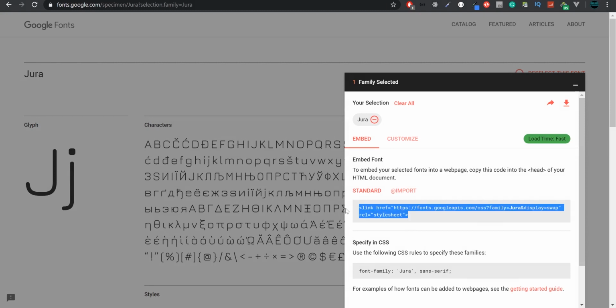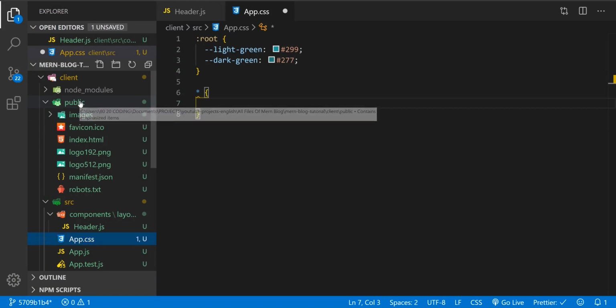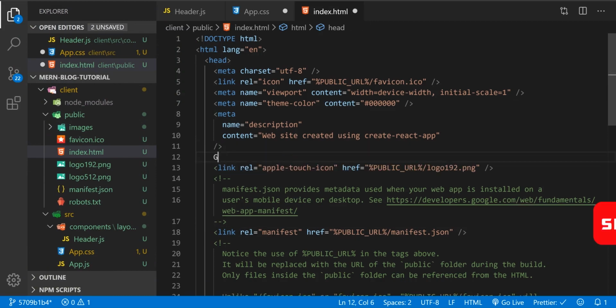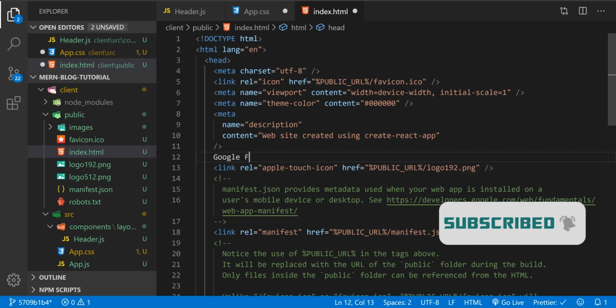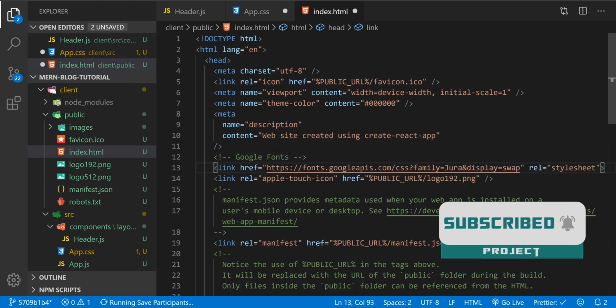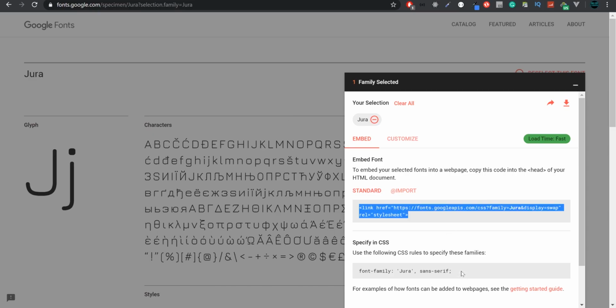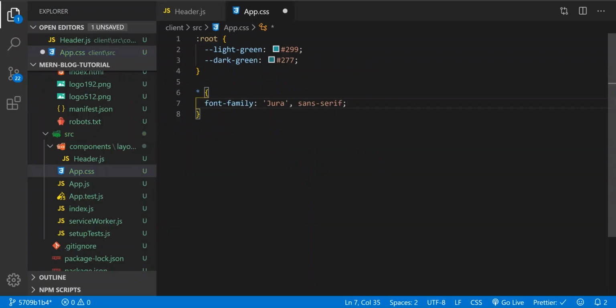We're gonna grab this line of code. Let's go to the public index.html. Let's add it after, I don't know, here, like Google fonts. Let's comment it, and we're gonna add it down here. Let's save. Let's close the index.html and let's go back to the browser, and we're gonna grab this line. Gonna add it in here,